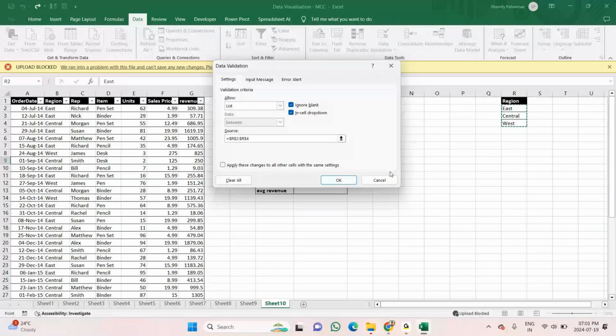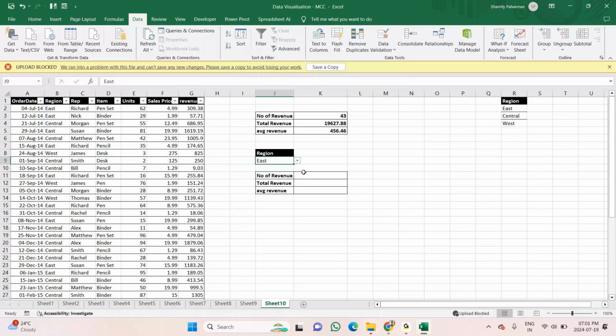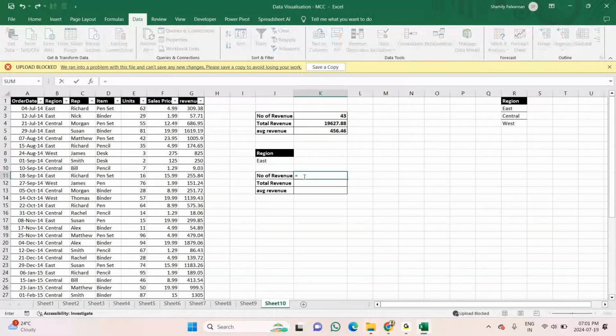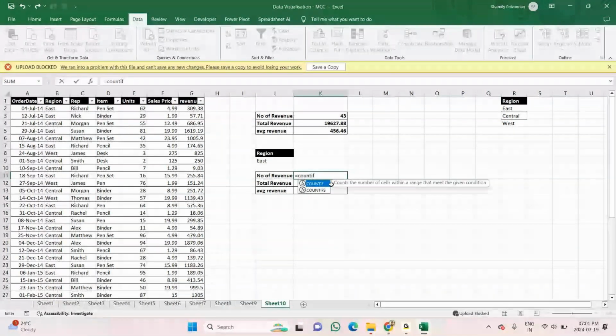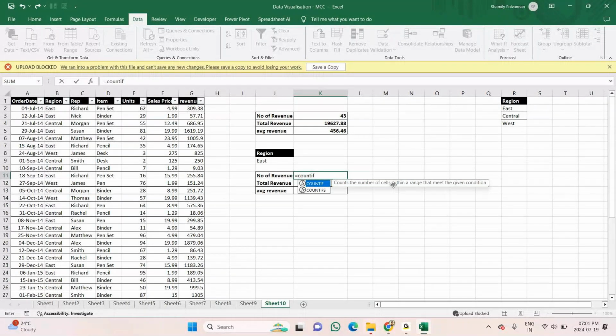Now I want to know the number of sales in East. Equals to, I'm using a function here, count. There is a condition. When we have a condition, we will be using if. Plus, I want to count. So, I'm going to use COUNTIF. What it does is count the number of cells within the range that meets your given condition.